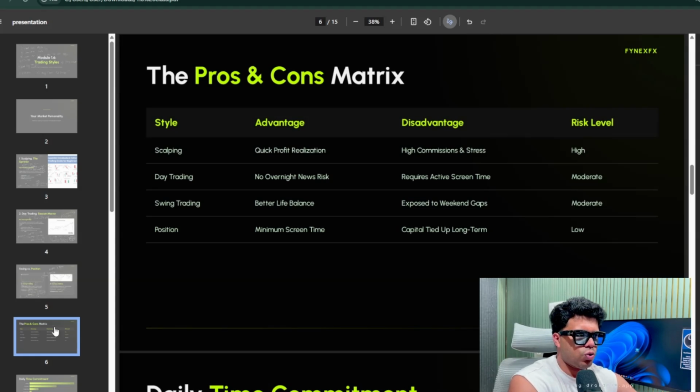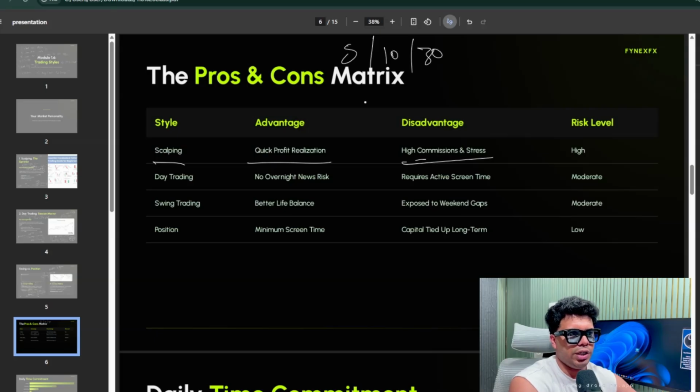The first one, the style. A scalper trader likes quick profit realization, but with high commission and stress. See this: as a scalper trader, you're going to enter and exit within 5 minutes, 10 minutes, 30 minutes, right? For example, if you enter a trade,